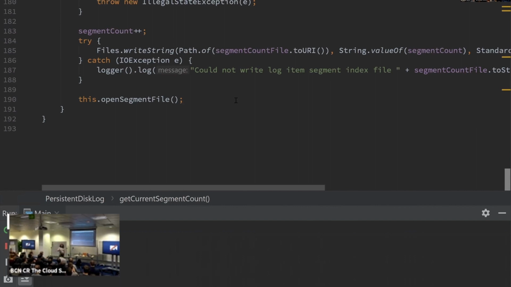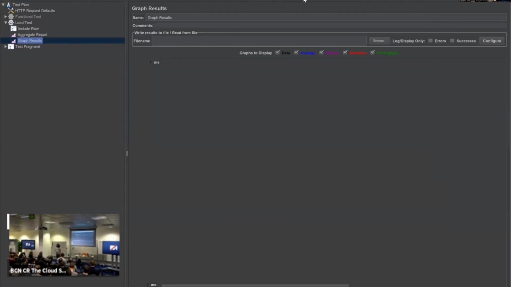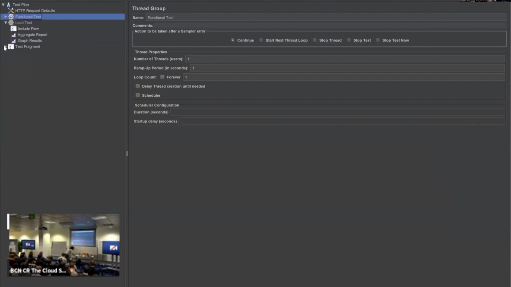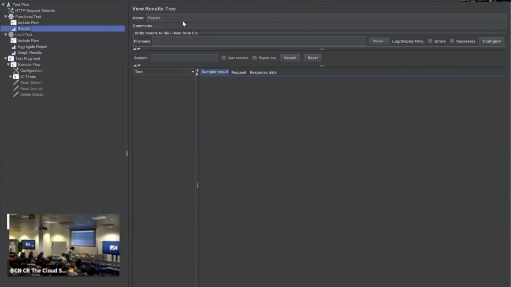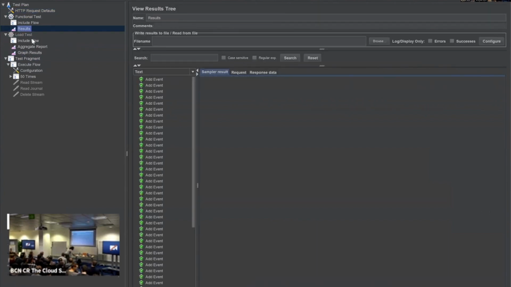I'm not going to run a complete performance test because it will take more than 1 hour, and I don't have enough battery on my computer right now. So I'm going to just run it for 5 minutes and we can check the performance numbers. Application is running. You can see that everything is online. Everything is green, fine.